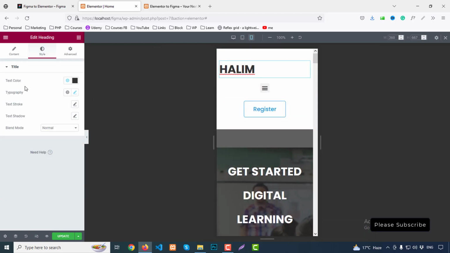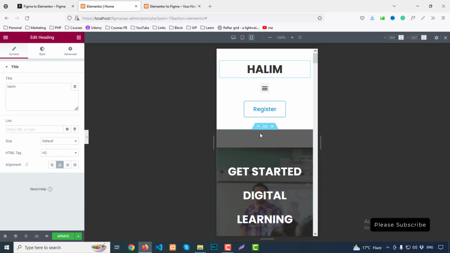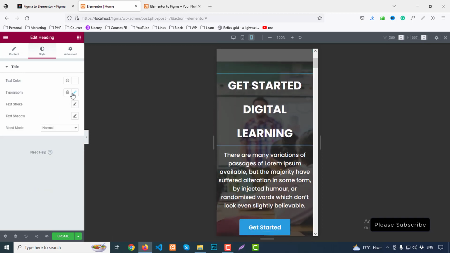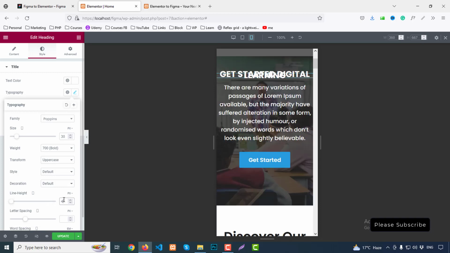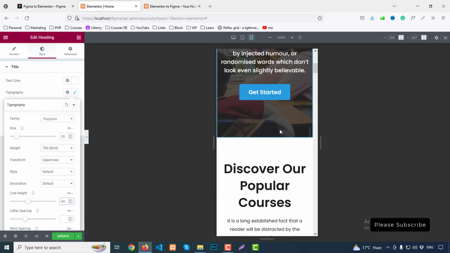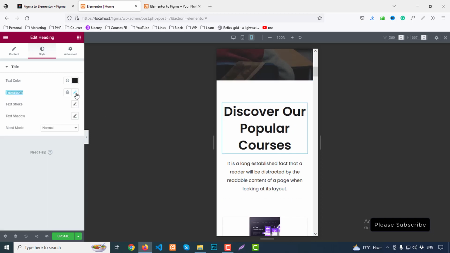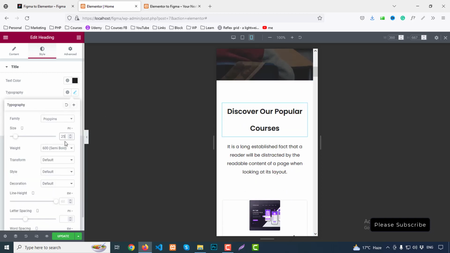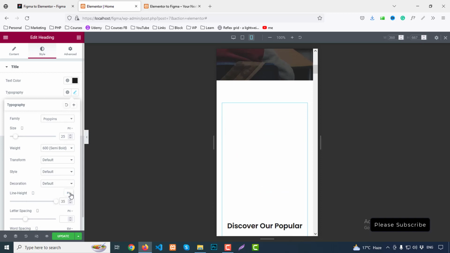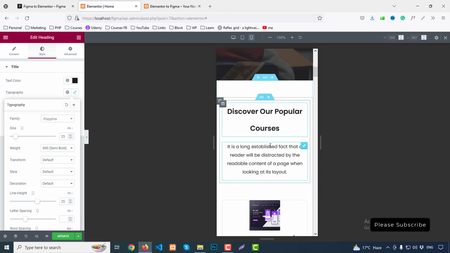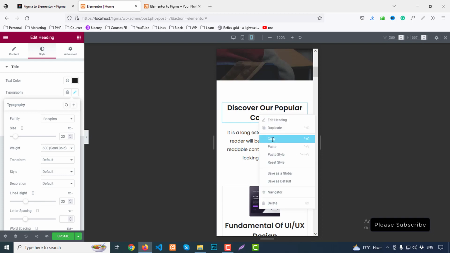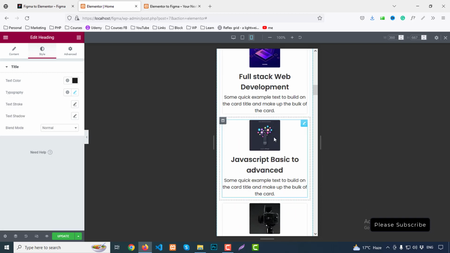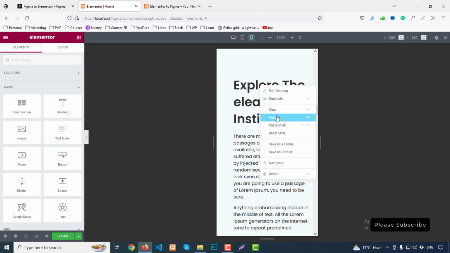So this one we can adjust an alignment center. Okay, fine. We can decrease our font size like 30, line height like 40. Okay, that's fine. We can decrease our font size like 25 pixel, line height 35 pixel. Sorry, it will be pixel. Okay, copy this one. Okay, this is perfect. We can use paste style,